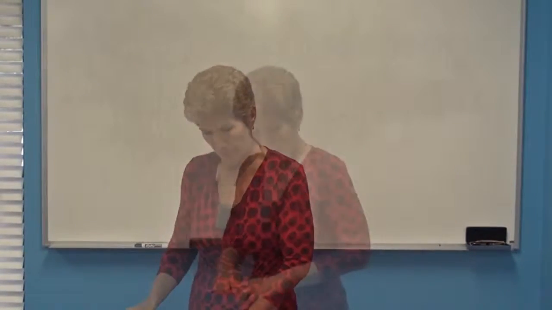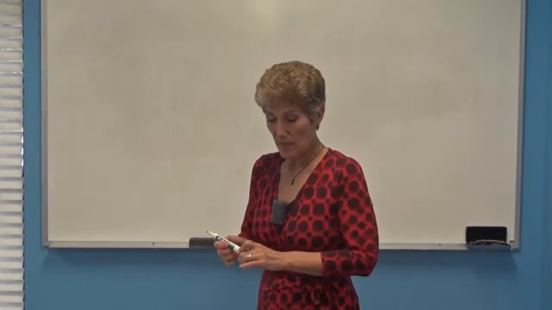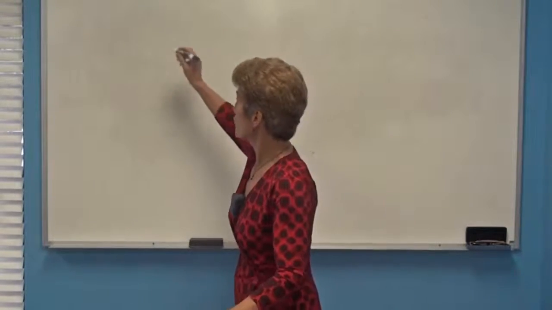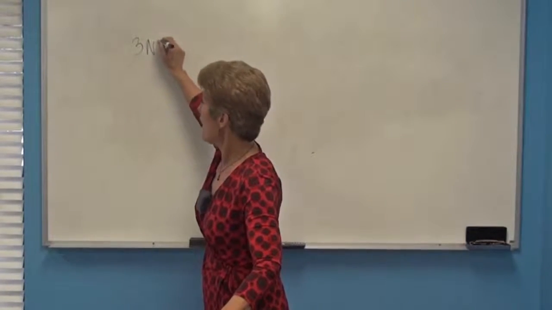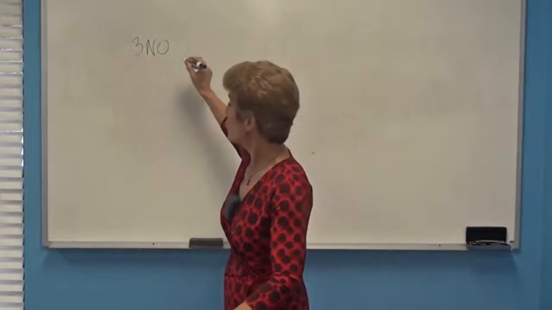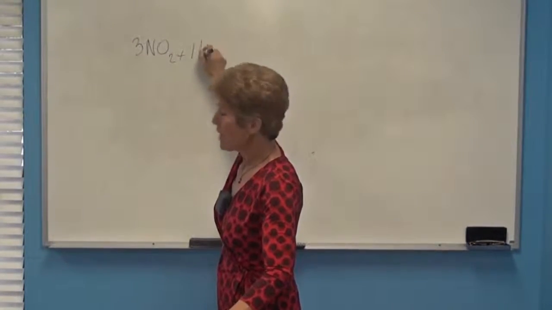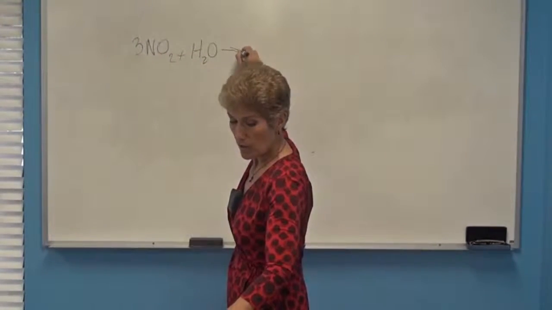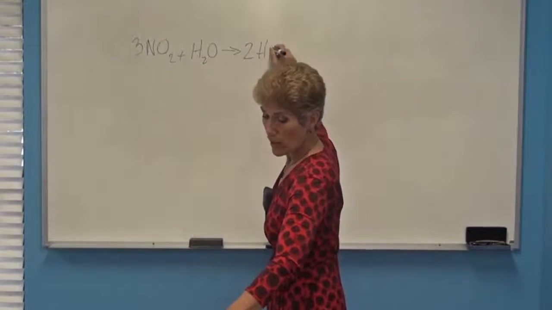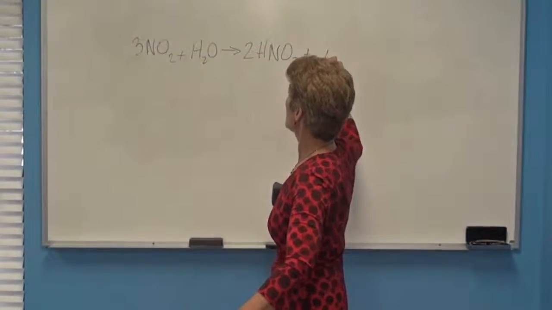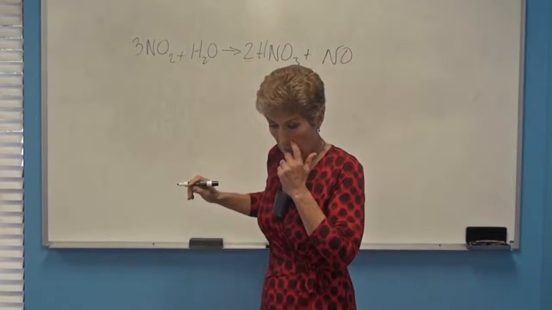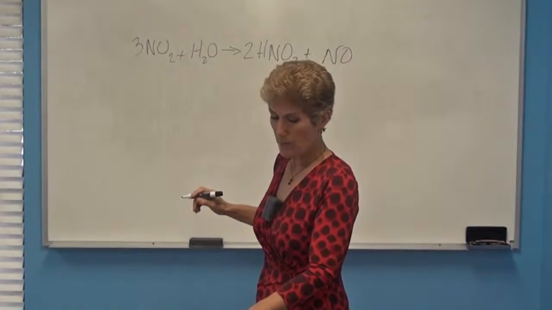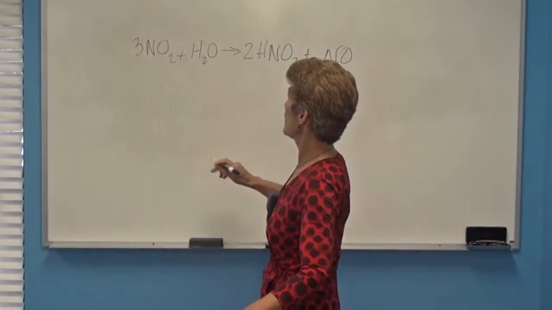Let's go back to the extra practice problems, found on page 622. Number 1: nitric acid is manufactured by the following reaction. We have 3NO2 plus H2O yields 2HNO3 plus NO. Now it asks how many grams of nitrogen dioxide, which is here,